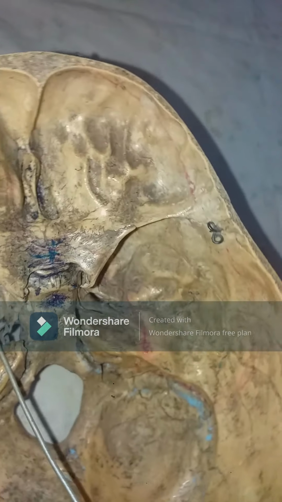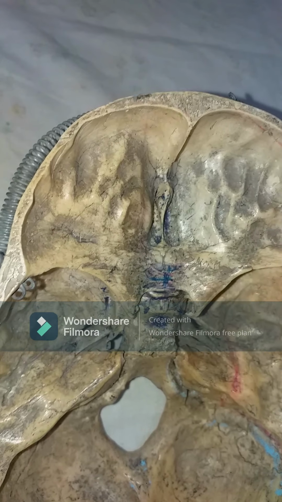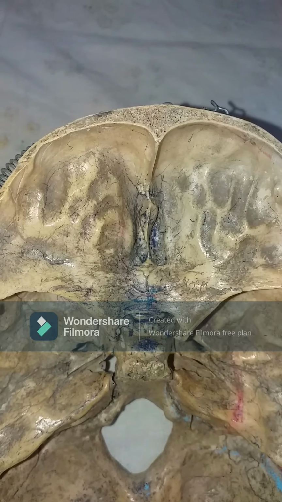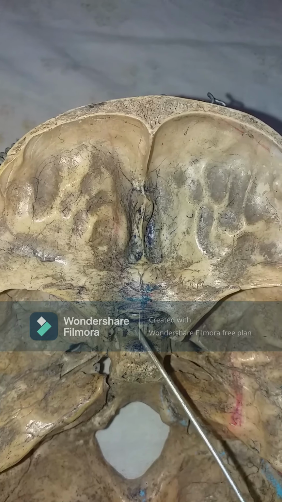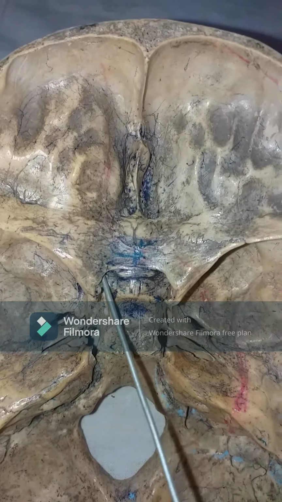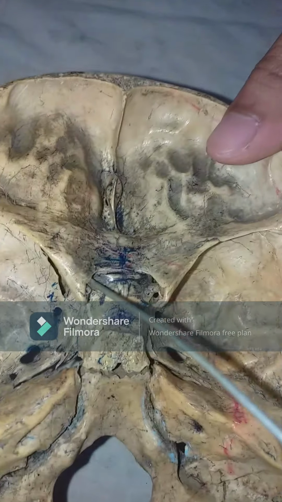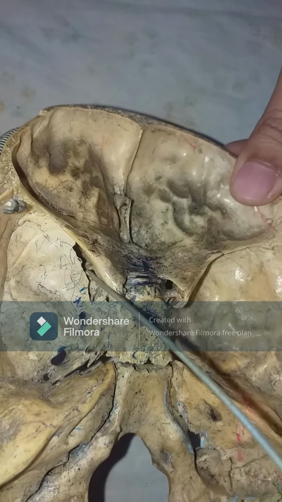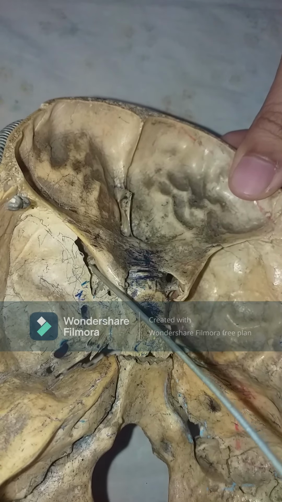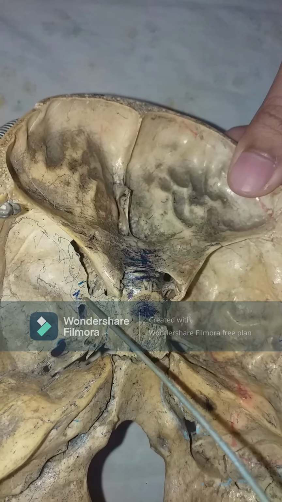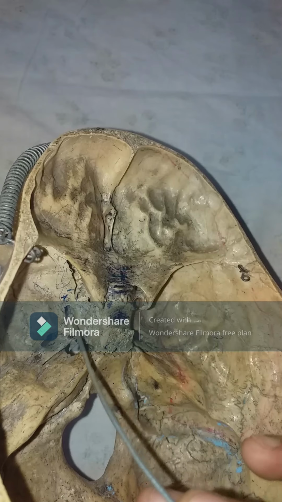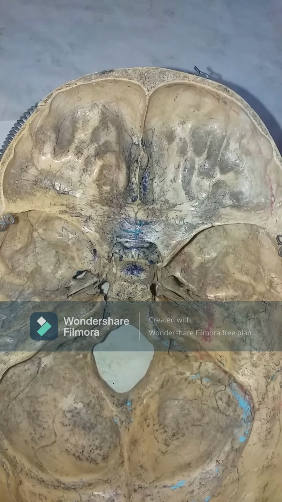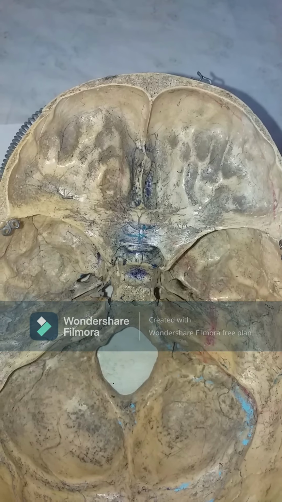Okay, I keep the skull still now. We have identified the optic canal, we have identified the superior orbital fissure. With regards to some landmarks which we will remember: for the optic canal, we will remember the anterior clinoid processes, and just under the lesser wing of sphenoid, between the lesser wing and the greater wing, I will again show you that this is the superior orbital fissure. Just posterior to the medial end of the superior orbital fissure is foramen rotundum. Yes, so we just saw the superior orbital fissure and then we saw rotundum.